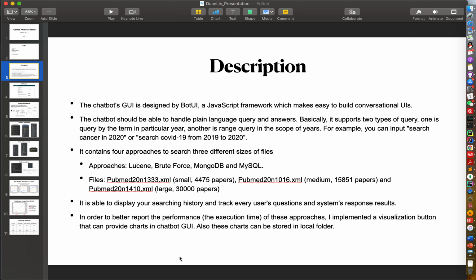It contains four approaches to search three different sizes of files. There are Lucene, brute search, MongoDB, and MySQL as the database search. Here I chose three different size files, which contain about 4,000 papers, 15,000 papers, and 30,000 papers as small, medium, and large files. And it's able to display the searching history and track every user's questions and the system's response